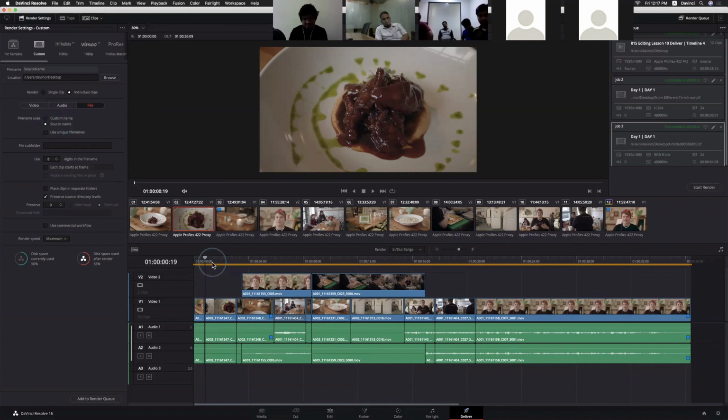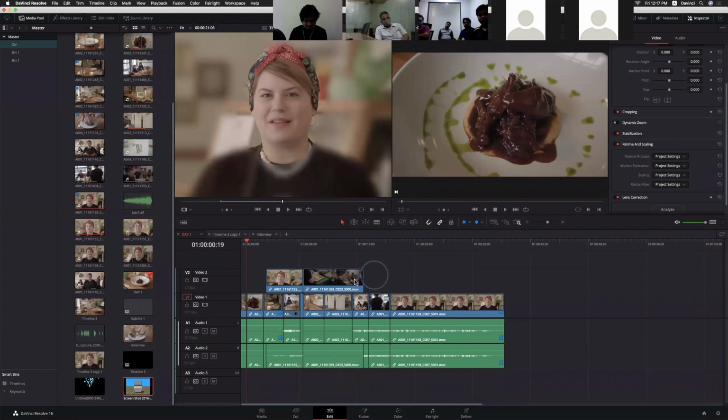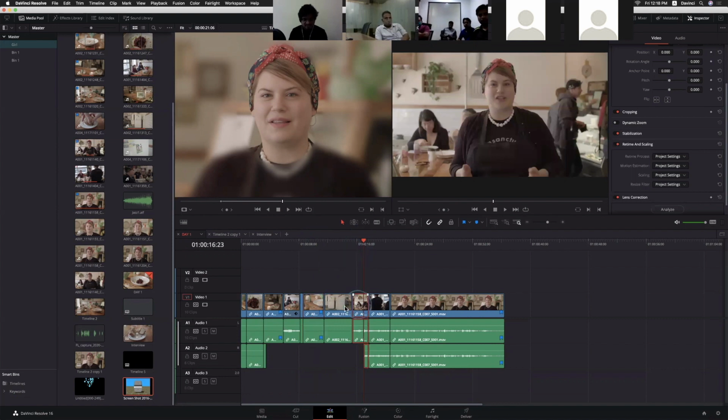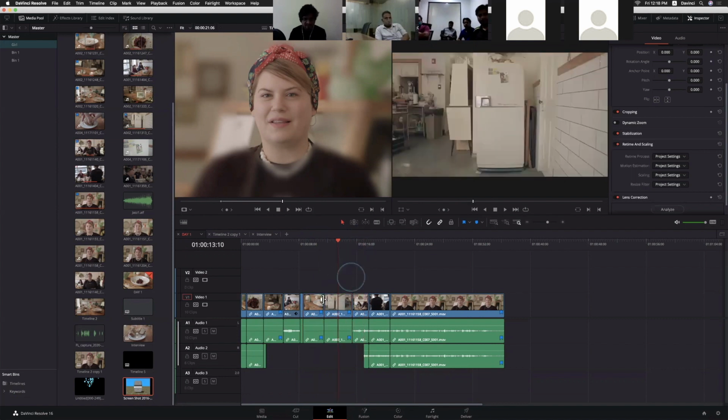Within the timeline, every clip will be exported as a separate clip by using this option. But we can filter these by using this individual clip option. If you want to export particular clips, let me go back to the edit page. Let me delete this one. I'm just adding tags to particular clips. For 4 clips, I have added tags. Go back to deliver page.